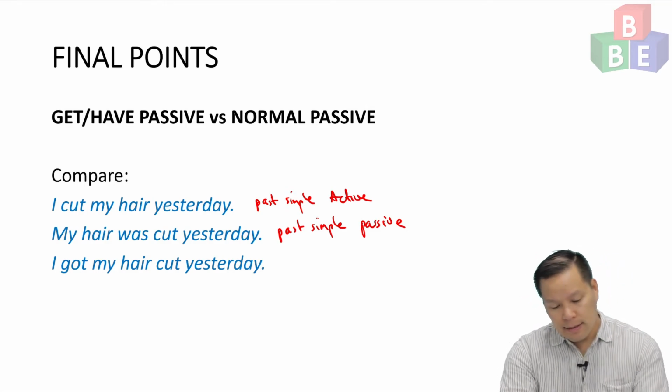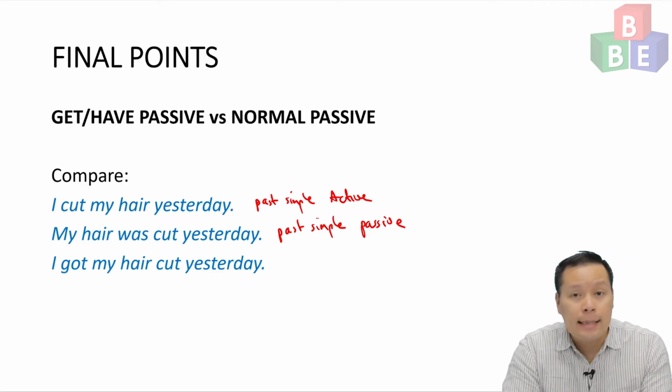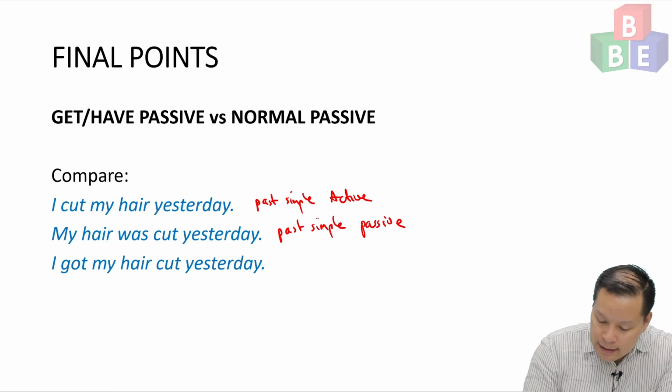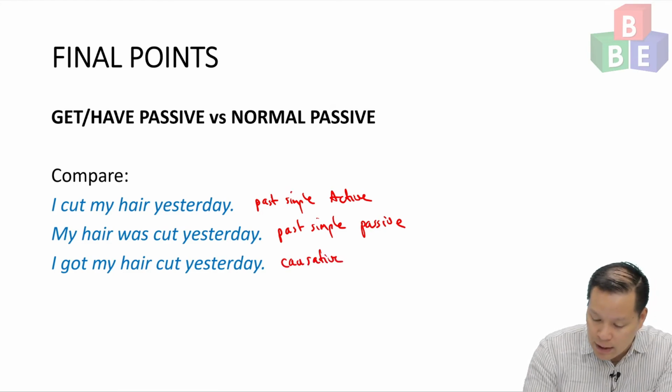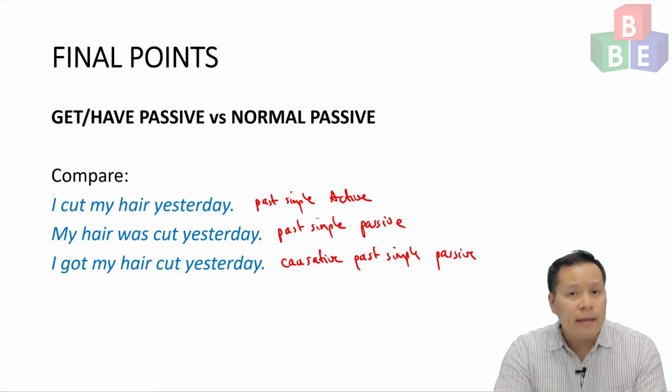Now in the last sentence, we're using today's structure. I got my hair cut yesterday. Okay, so this is the causative past simple passive. Okay, that's today's grammar lesson. Causative, past simple, passive. And here we're using this one instead